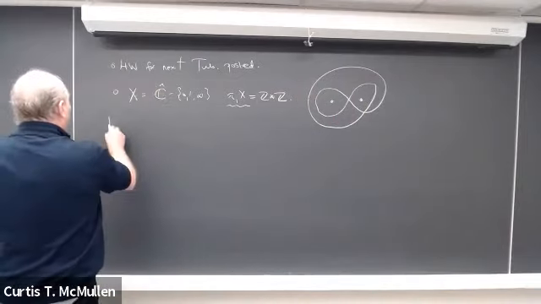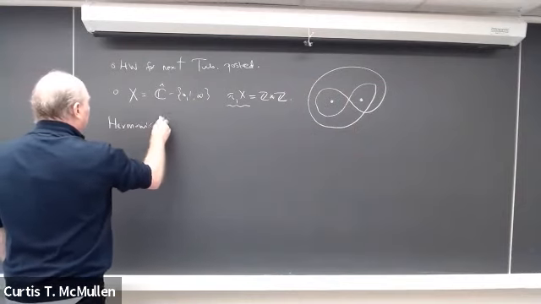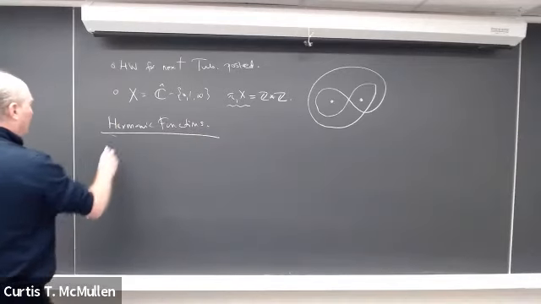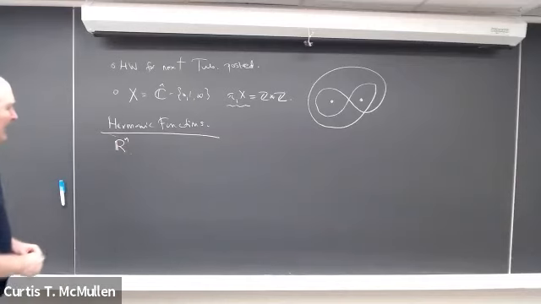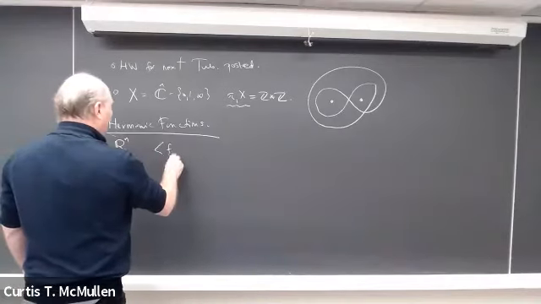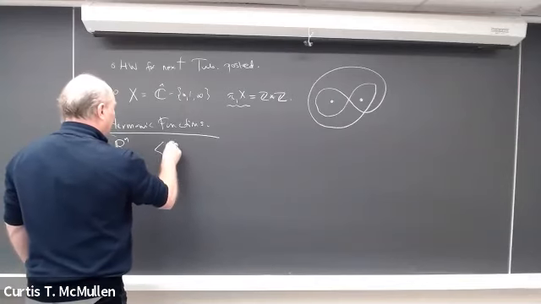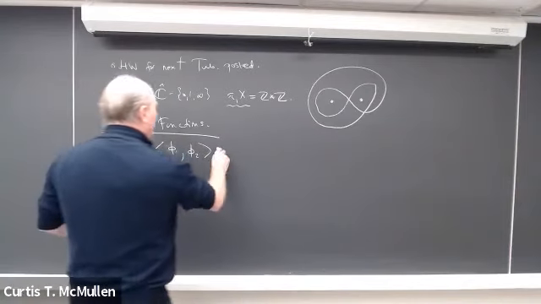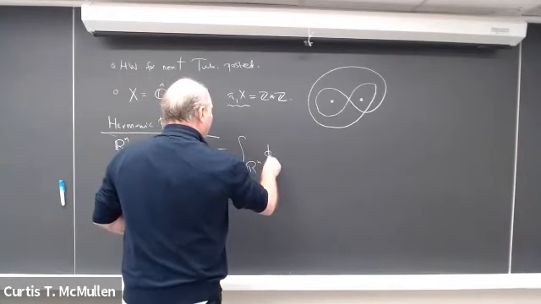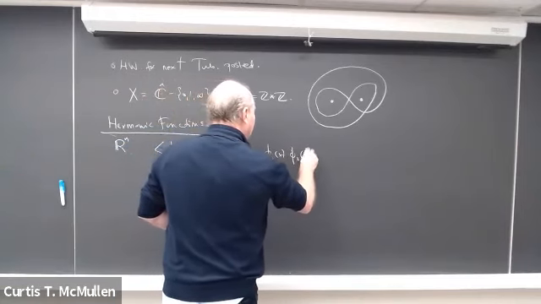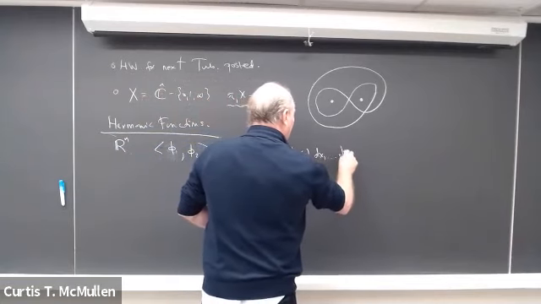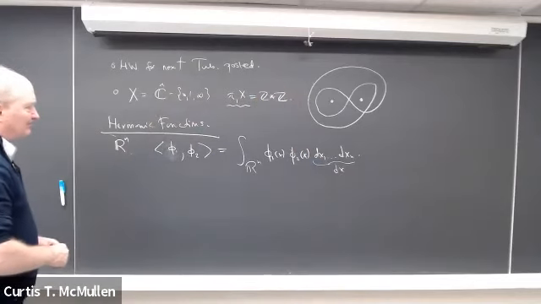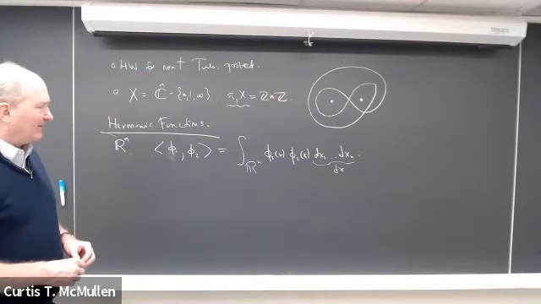Okay, so let's turn to harmonic functions. I'm going to start out working on Rn. Let's suppose we have two reasonably smooth real valued functions, phi1 and phi2. Then we have the usual L2 inner product, which is the integral over Rn of phi1 of x, phi2 of x, dx1 up to dxn. I'll abbreviate this volume form just by dx. And of course, the inner product of phi1 with itself is the